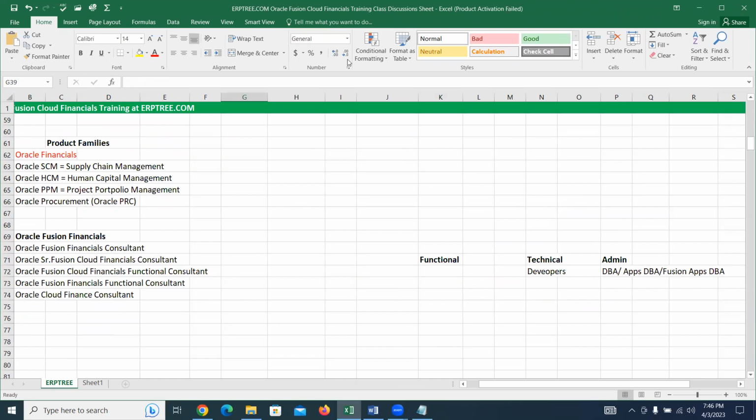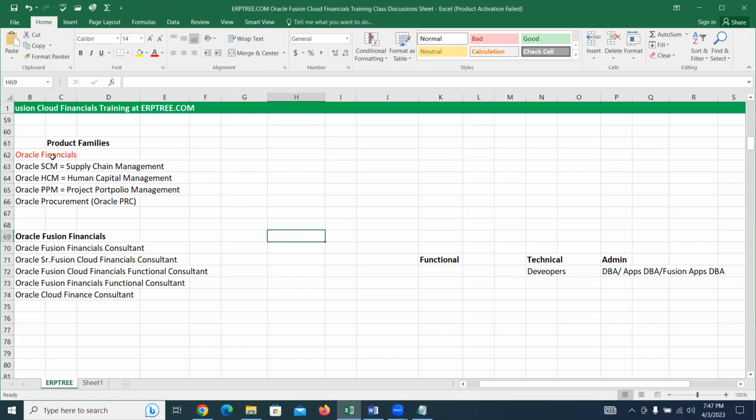Hi Lakshman, Karthik here. While explaining cloud, will you be comparing with R12 as well? What's the difference between both? Yes, wherever it is applicable, we'll talk about it. Even if I don't take the initiative, if you already know EBS, by seeing what we are discussing here you will be able to correlate. But anyway, I'll take my part. Yeah, sure. Okay.